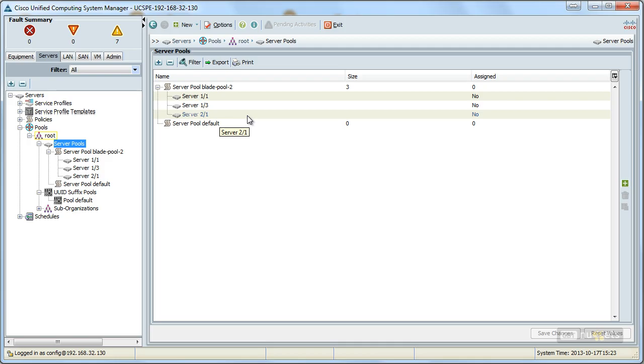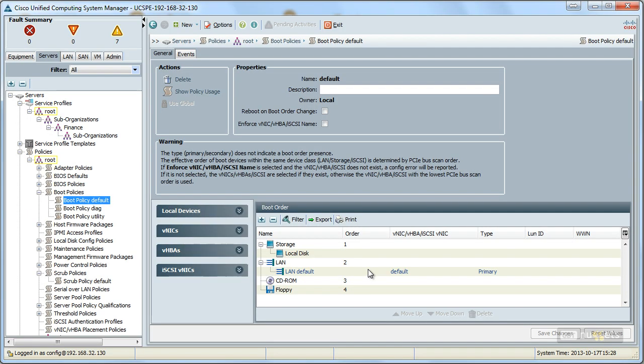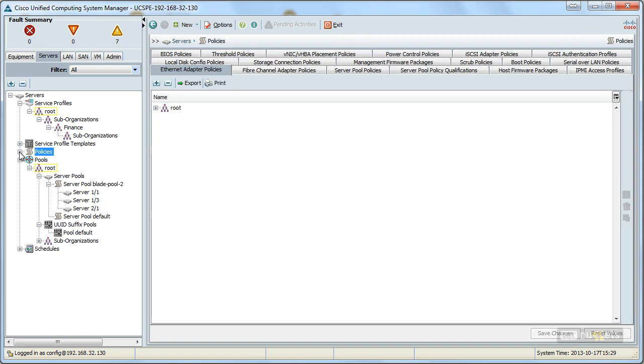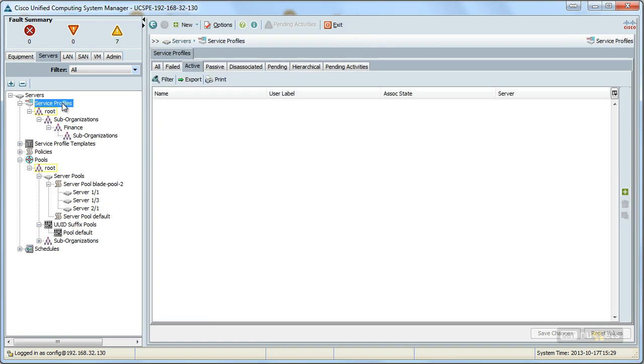Disk. Whoa, we're going way back in time there. So policies are going to dictate how a particular server behaves within the UCS system. And you know the construct that we use to bring it all together? It's called a service profile. Here in the Servers tab, I'll go to the Service Profile node and I'll right click and I'll say, let's create a service profile, and we